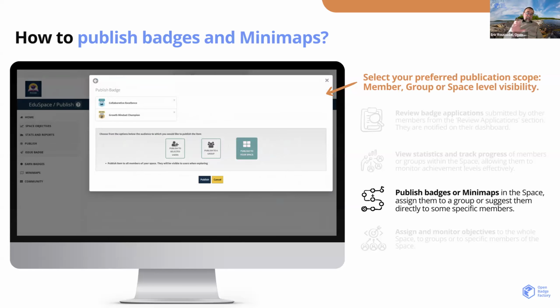And here you can see that the badge can be published to selected users. So when I spoke about competency-based learning, you can have different kinds of profiles. The groups can be profiles, let's say IT students, marketing students, and then you can assign different kinds of badges to different kinds of groups.